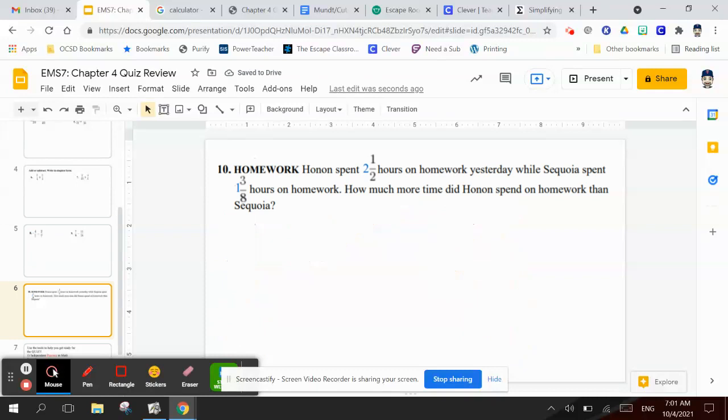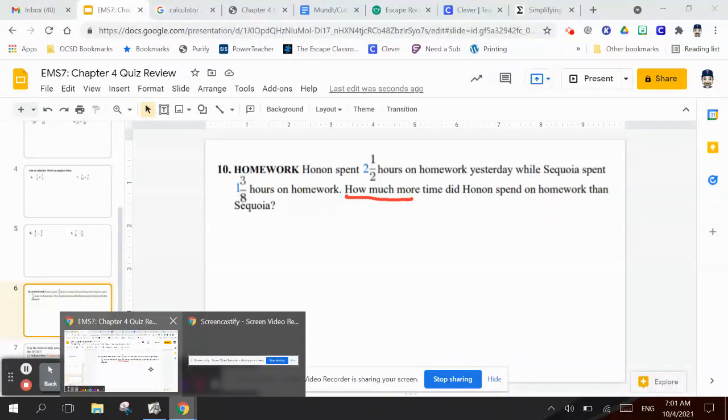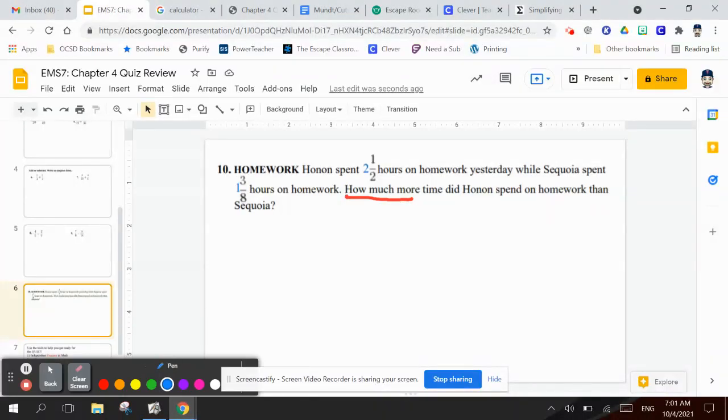Number 20 is the homework. It says Hansen spent 2.5 hours on homework yesterday, while Sequoia spent 1 3/8 hours on homework. How much more time did Hansen spend on homework than Sequoia? So here, how much more tells me this is a subtraction problem. So I just wanted a blue pen, sorry. I'm going to take 2.5